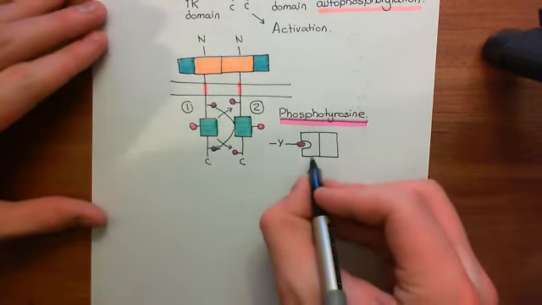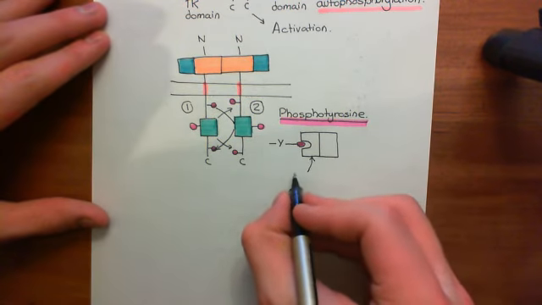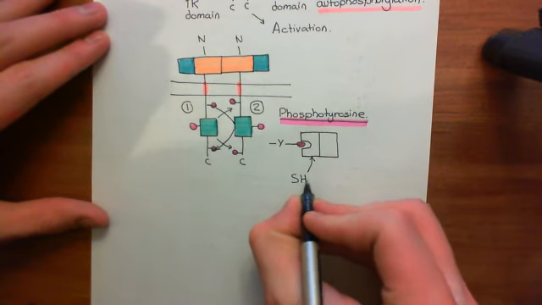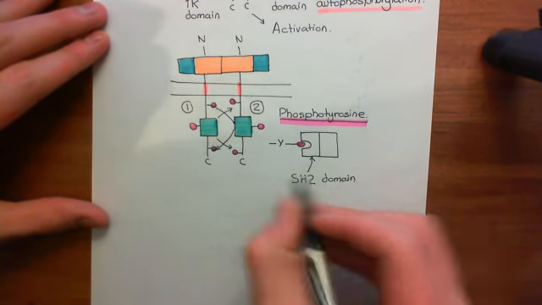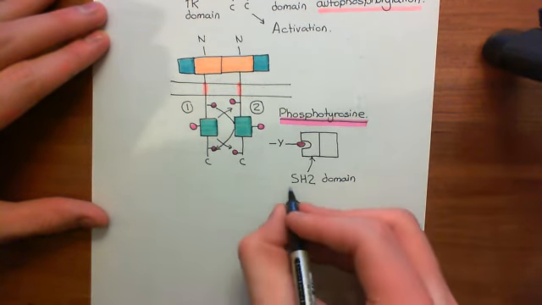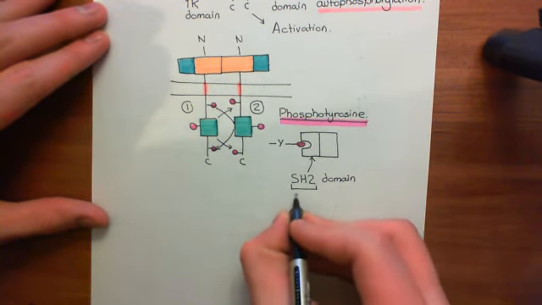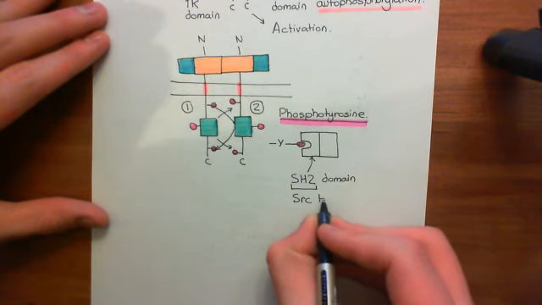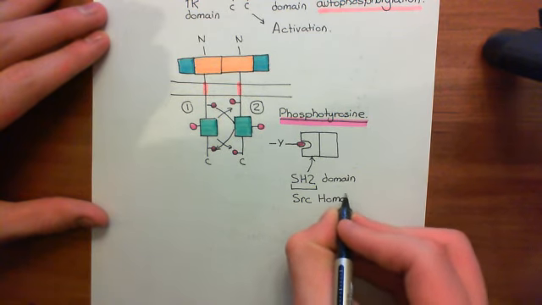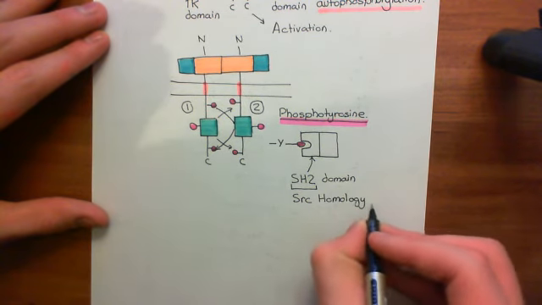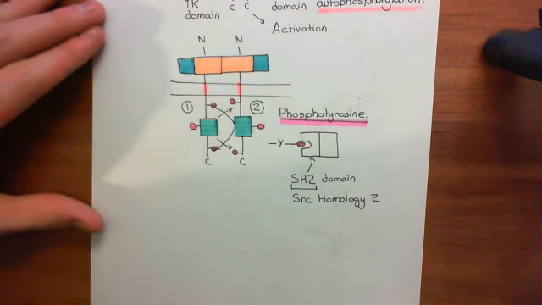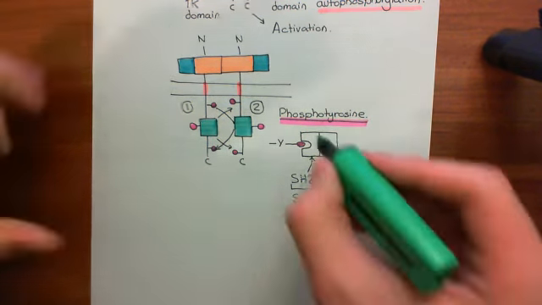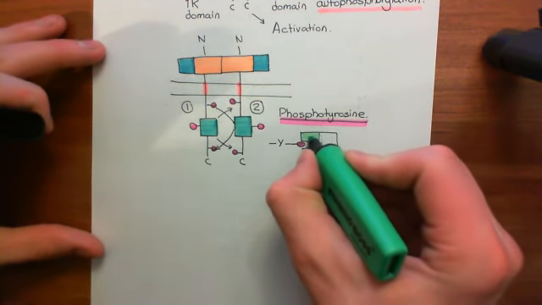And two examples of these, the main two examples, are the SH2 domain, which is a conserved structure that you find in many different proteins, and the name stands for Src homology 2. So S for Src, H for homology, and then 2 for 2. So the Src homology 2 domain, and this is a very common domain that you find in all sorts